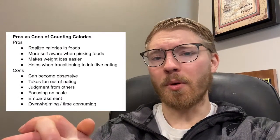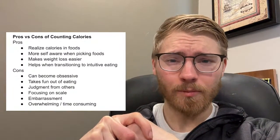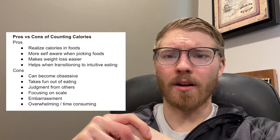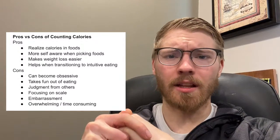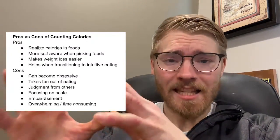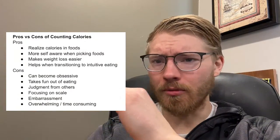A lot of times when people are counting calories and trying to lose weight, they'll often focus a lot on the scale, which is a common issue. So a con is basically where you will weigh yourself and you'll see, oh my gosh, I didn't lose any weight, so I'm going to restrict my calories even more. That is something that probably needs to be done, but it's the fact that you immediately jump to, let's just cut more,